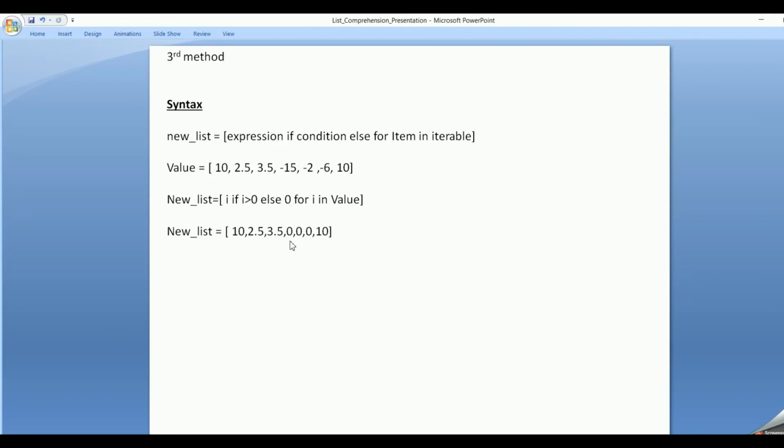So 0 gets printed. For minus 2 also 0 gets printed. For minus 6, since it is less than 0, 0 gets printed. Since 10 is greater than 0, 10 value gets printed. So here we are basically checking for an if condition, else condition for every item in the iterable.